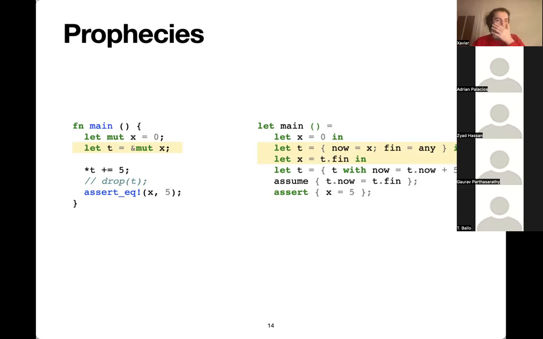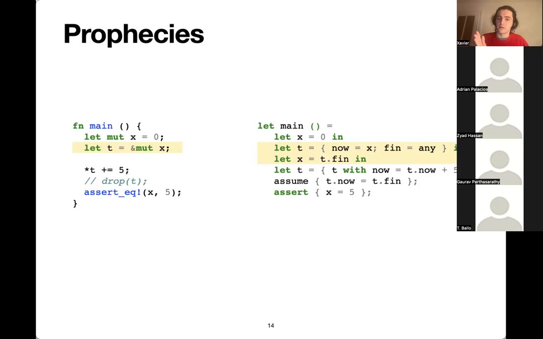So when we create our borrow T from X, we do some operations, for example, we increment it by 5, and then eventually we release our borrow. Implicitly in Rust, this is basically a drop. I know for the Rust compiler people here, that's not necessarily how it would exactly be translated, but that's the idea. We're releasing T, getting rid of it. And afterwards, we're allowed to use X again. We've recovered our permissions to X, the borrow is ended, and we can now see that X is 5.